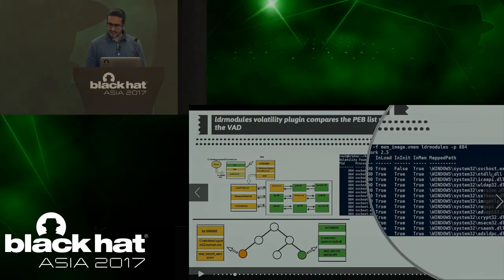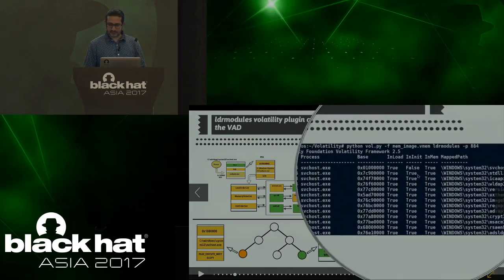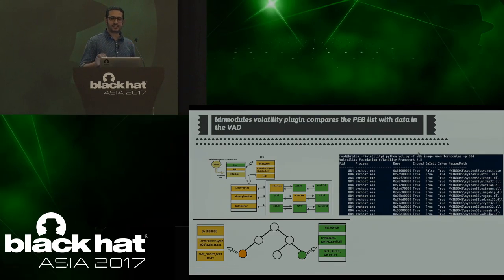It is telling that the svchost.exe here is present in the InLoadOrderModuleList, that is this one. And it is telling that it is also present in the InMemoryOrderModuleList, that is this one, which is correct. But it is not present in the InInitOrderModuleList. That is expected because it's an executable. It will not be present in the InInitOrderModuleList. Whereas you see all the other DLLs, it's telling that it's present in all the three double linked lists. So if there is a discrepancy, you will see one of them to be false, which tells you that a module was probably unlinked from the double linked list to hide from the forensic tools.